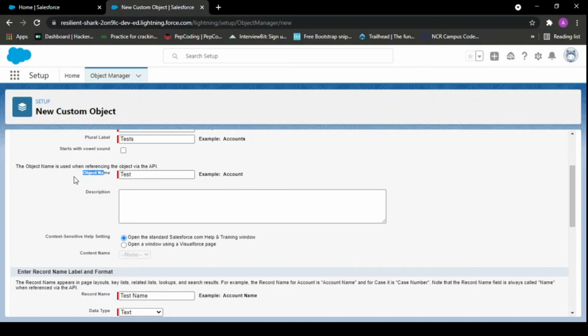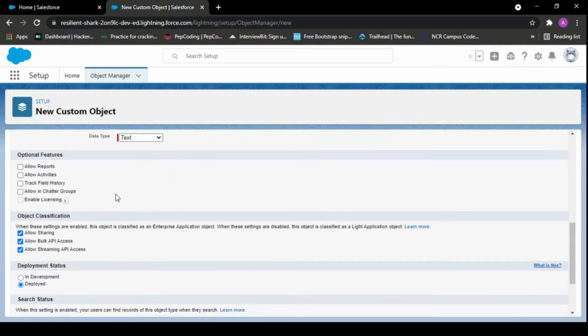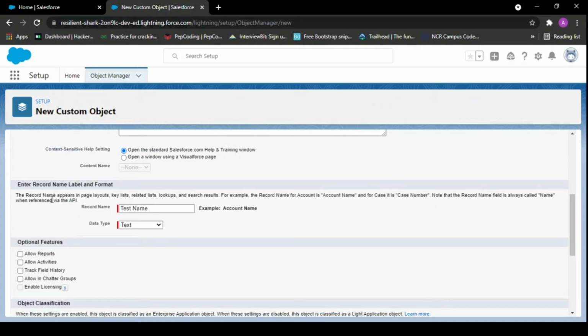When you reference objects while coding, this will be helpful. For now, reference the record name. This would be the record name that is saved, as well as the data type for it. This can be text as well as auto number.